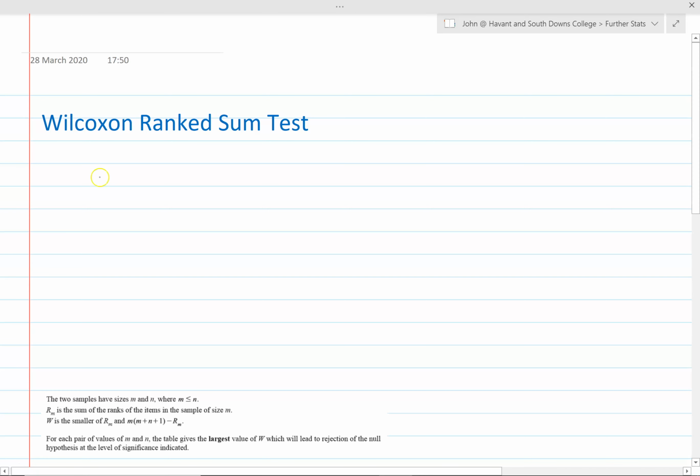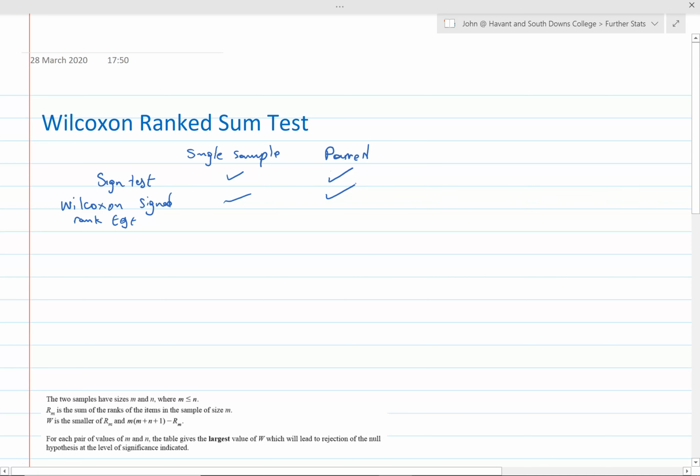We've looked at the sign test for single sample, and we've also looked at the Wilcoxon signed rank test for single sample also. But we've also looked at those for paired data,